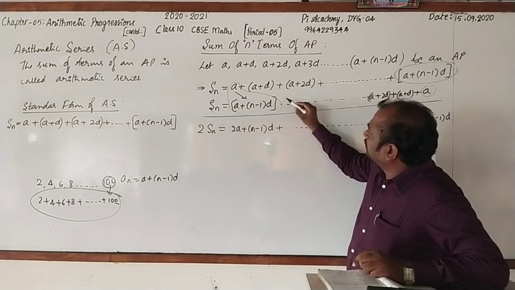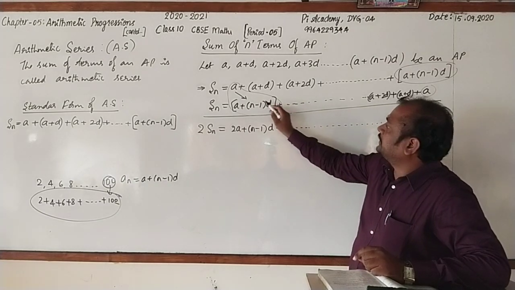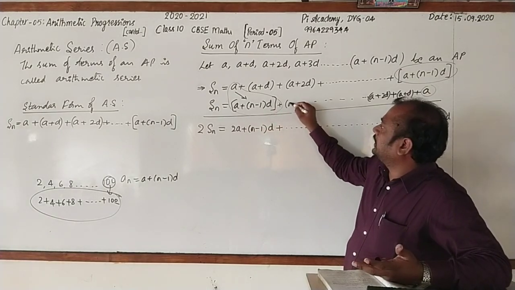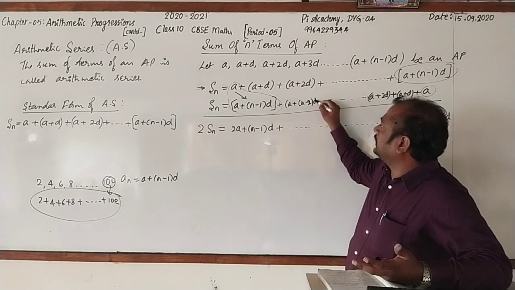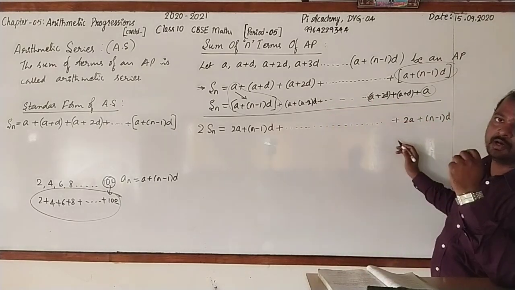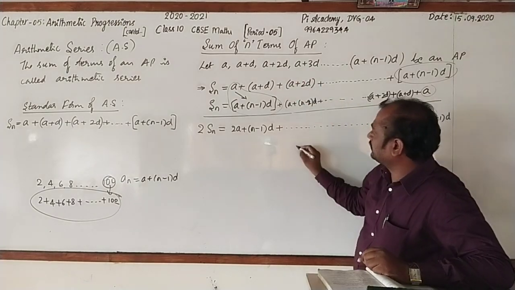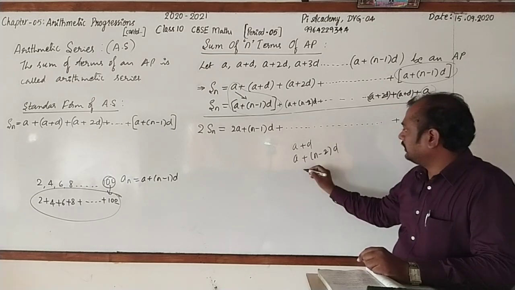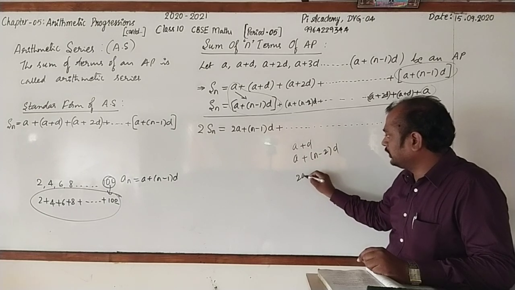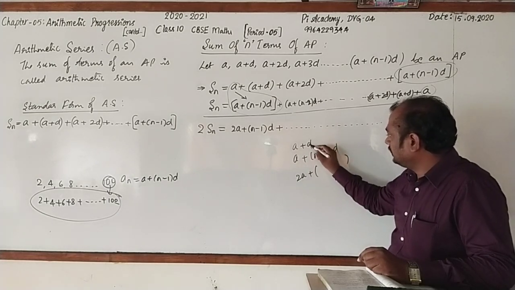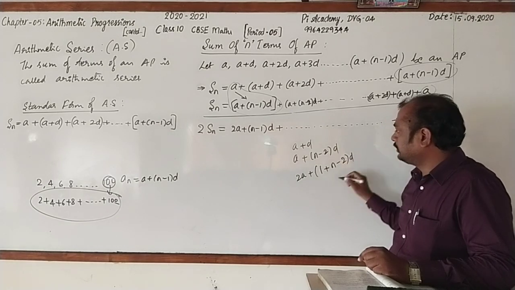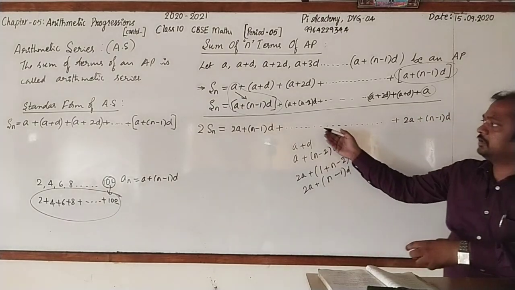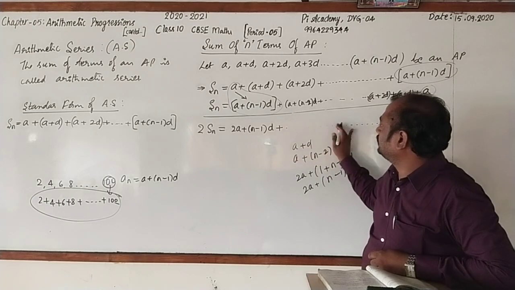In between the terms, you all may be thinking, what about the term here? See, its previous term will be a plus of n minus 2 into d. Next, a plus of n minus 3 into d, and so on. Just go for adding the second term. Look at a plus d, then this a plus of n minus 2 into d. Then it will be a plus a, 2a. Here d is common. Then it is 1 plus n minus 2 into d. 2a plus n, 1 minus 2 is minus 1 into d. Again we will get 2a plus of n minus 1 into d. You can write that one.